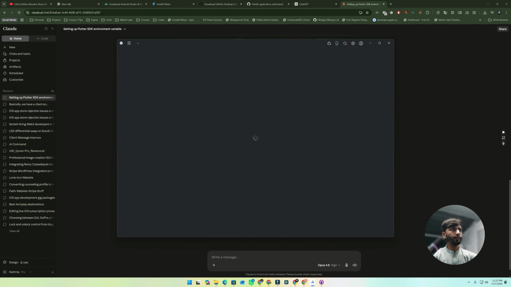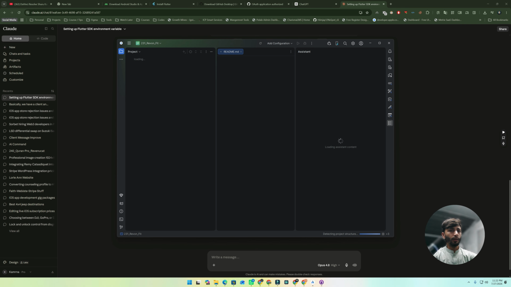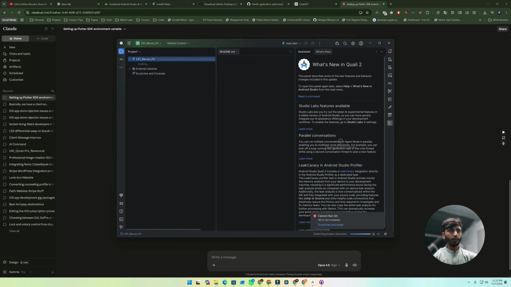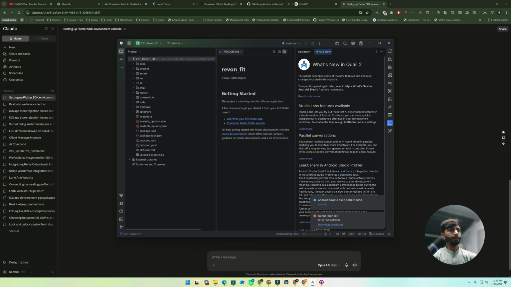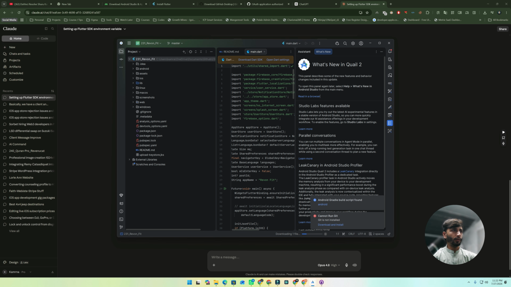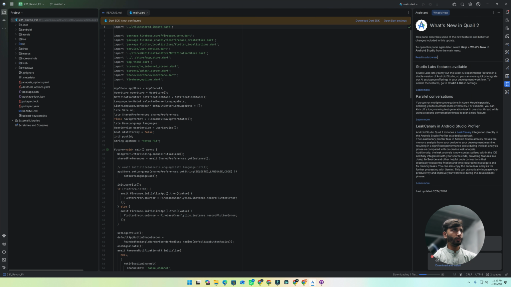Trust this project. After installing for the first time, here you have to allow the ADB. Then here it says there is an issue with the Dart SDK.